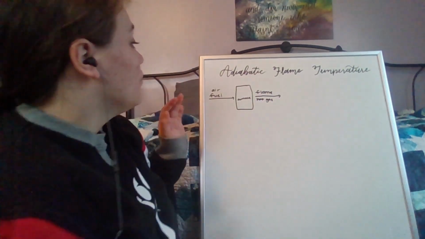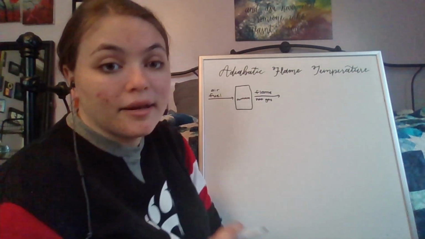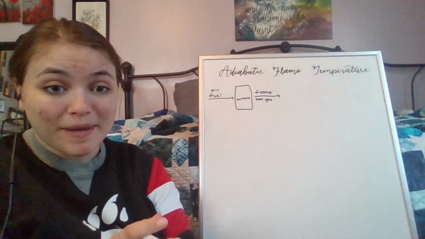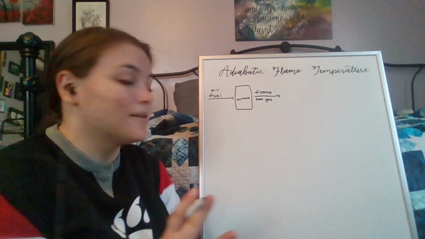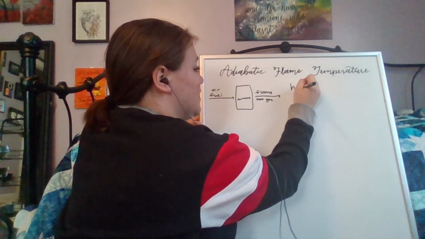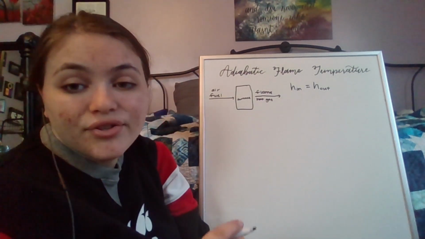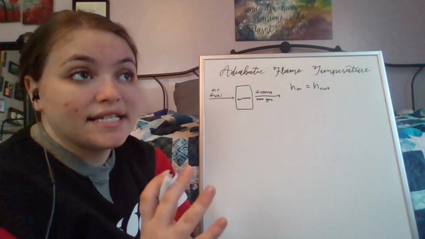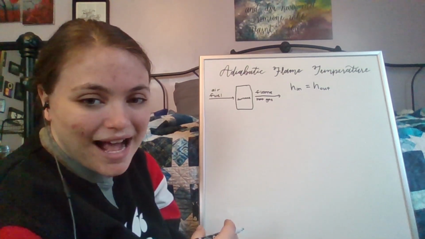All right, so with this system, we are going to talk about how this is adiabatic, which we talked about before in adiabatic reversible expansion, where the enthalpy is consistent. So there's no heat lost in this system. And so what that means is that our enthalpy going in is going to be equal to our enthalpy coming out. All right? And so with this, we are going to create some chemical equations to balance out,